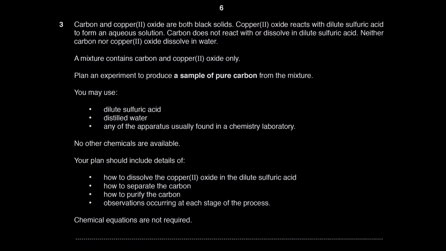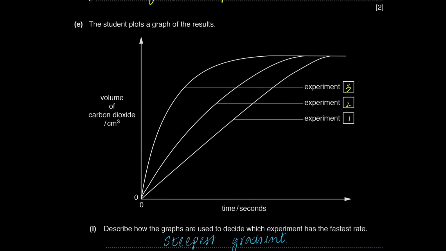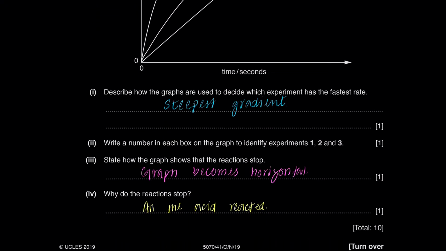Okay, this was an interesting question. Gradient becomes 0? Gradient, yes, Iman. Volume of carbon dioxide produced becomes constant? Abdul Rahim, again, that's incorrect. Volume of carbon dioxide, you could say no more carbon dioxide is produced. That will still be a better answer, but it's still not the right answer because